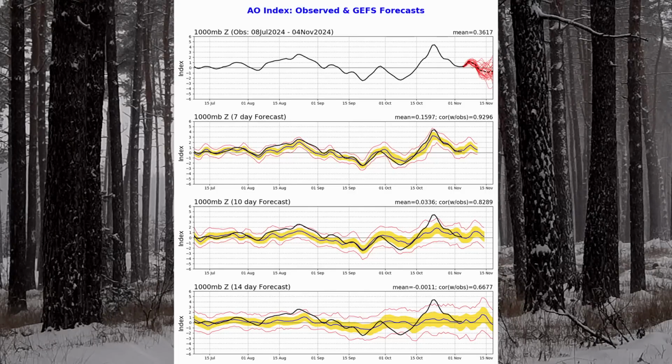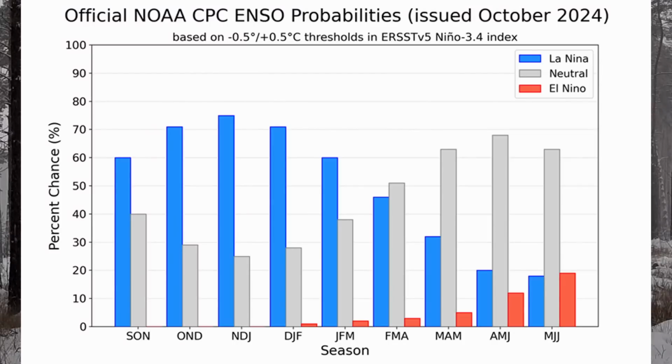However, for much of the eastern United States, we are looking to keep things relatively warmer and overall pretty mild for your snowfall. Now, on our final graph here, we're taking a look at the commonly heard La Nina. As you know, there's La Nina, there's ENSO neutral, and there's El Nino, but currently we're projected to go towards a La Nina throughout the peak of winter. And if you see there with the gray on that plot, we actually are expecting to go more neutral towards the spring, but we're not going to focus on that for today's video. We're going to focus solely on the La Nina and how that's beginning to uptrend into this winter.